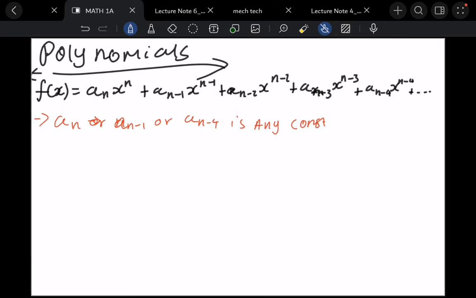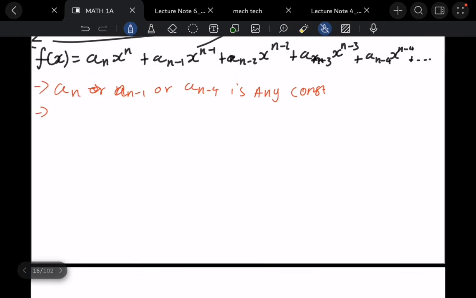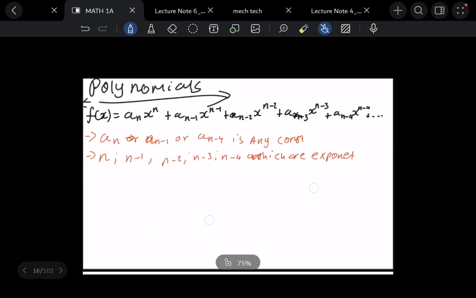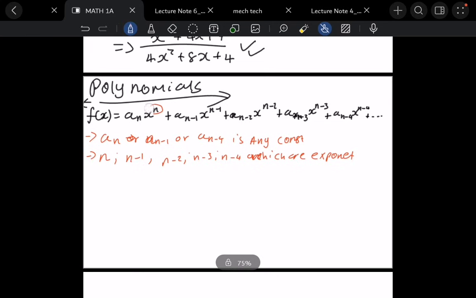A sub n or a sub n minus 1 or a sub n minus 4 is any constant that you'll have in a polynomial. And n, n minus 1, n minus 2, n minus 3, n minus 4 are exponents. What do I mean by exponents? Those values of n, n minus 2, n minus 3, n minus 4, those are exponents which